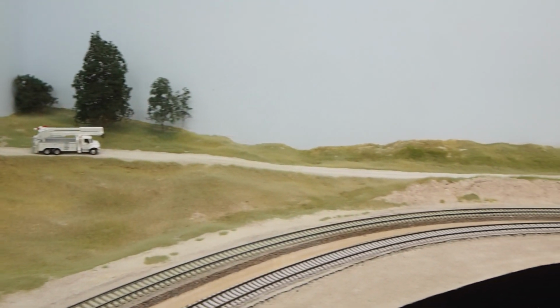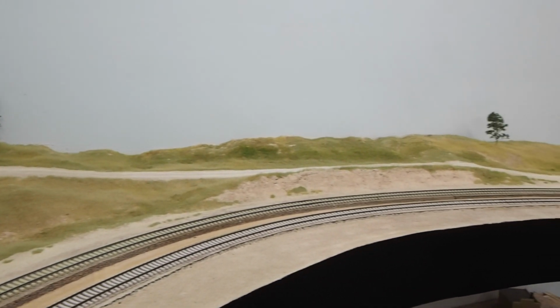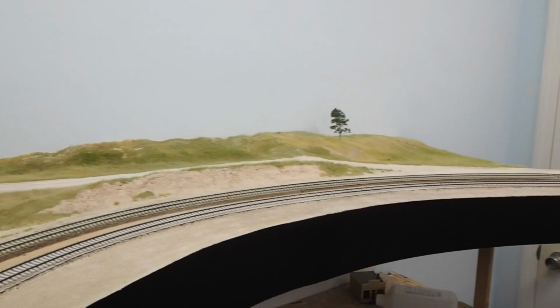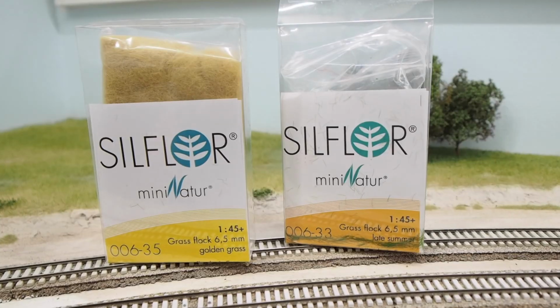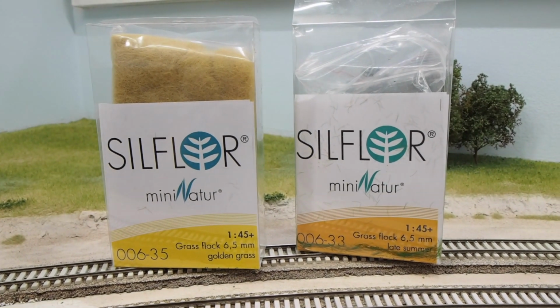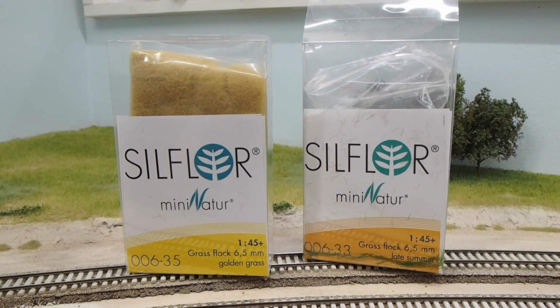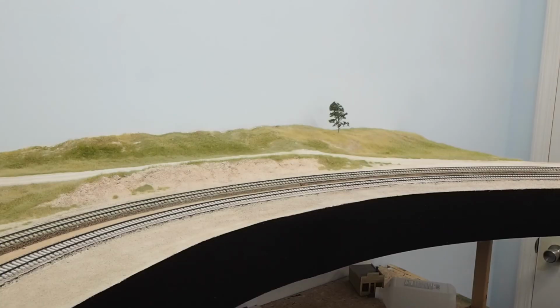As for the grass that I've planted over here and in the other scenes that I've started, I'm using primarily Silflor products. I like their golden grass and late summer colored static grasses. These are 6.5mm fibers, so they're pretty tall, but they work well for the prairie grass that I'm trying to simulate here. Because they're taller fibers, sometimes it's hard to get them to sit closely to each other because they like to fall over, and they don't really fill in the dirt all the way. So if you want a really rich, fully planted look so that you can't see the dirt through the grass, I like to add